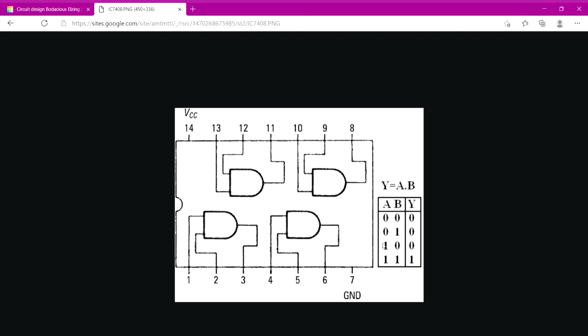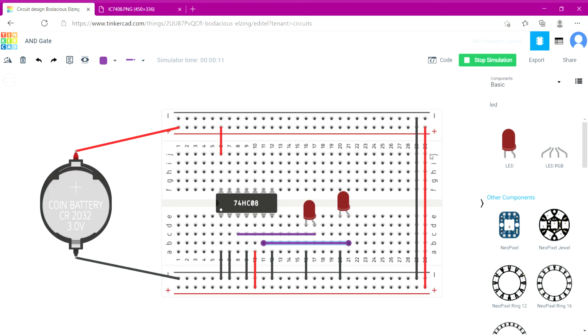Let's check case 4. In case 4, we have A and B both 1. So let's take pin 9 and pin 10 positive.